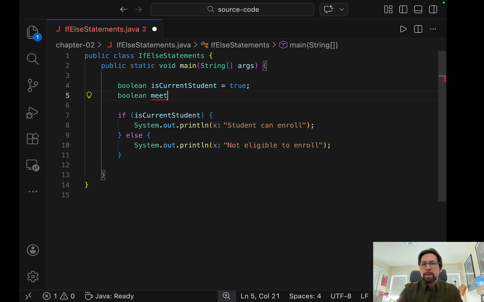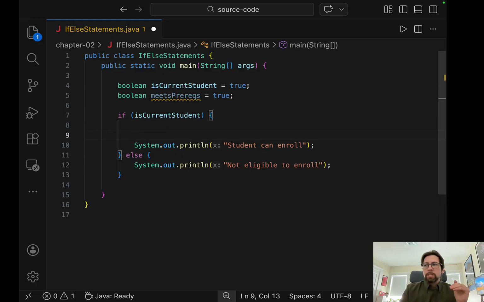We'll call it meets prereqs. And let's just assume that's true. Again, this could come from a variety of sources, like your student records or something like that, Workday and all that. But we could throw that in there. And so now we can start throwing in nested if statements. So if a person is a current student,